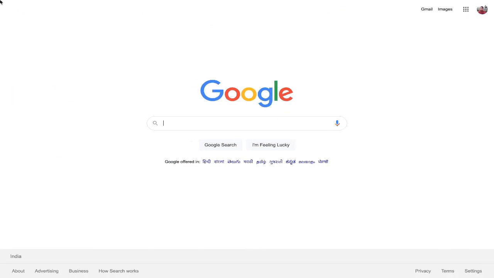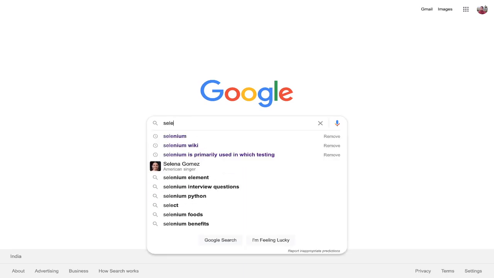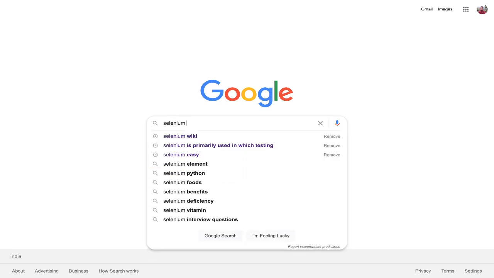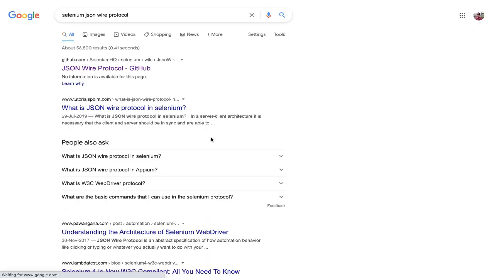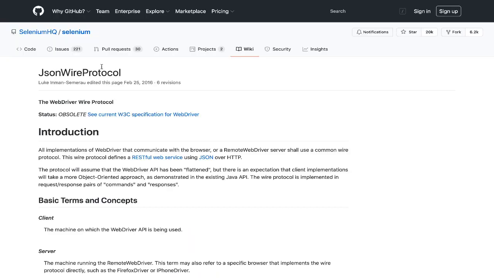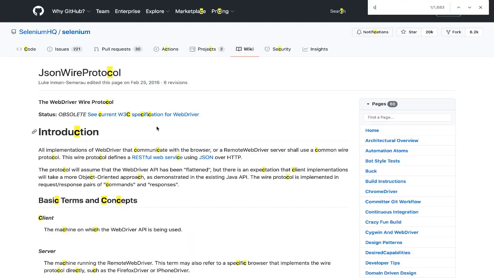Just go to Google and search for Selenium JSON wire protocol. The very first GitHub link, let's go to that. And here let's just search for click.